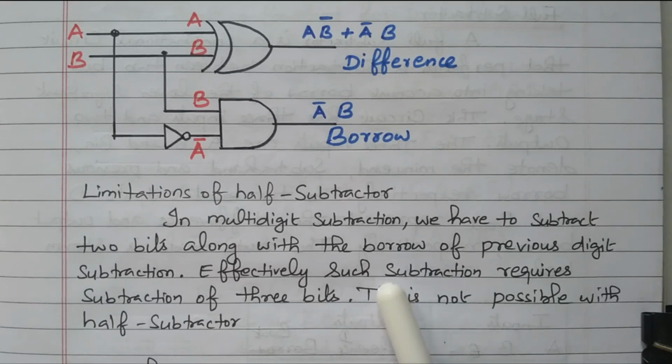But by using half subtractor we can construct the full subtractor. So still we are using the half subtractor, because using half subtractor we can construct the full subtractors, right? So in this video we discussed the half subtractor. What is the truth table? What is the logical expression? That logical expression is implemented with the logic gates. The one limitation is practically we need 3 bits, that is 2 inputs and 1 borrow. But in half subtractor we have only 2 bits, that is the limitation. But still we are using the half subtractor, because half subtractor can be used to construct the full subtractors,